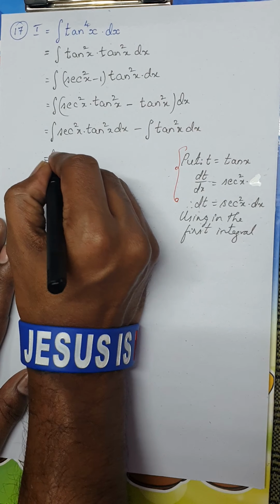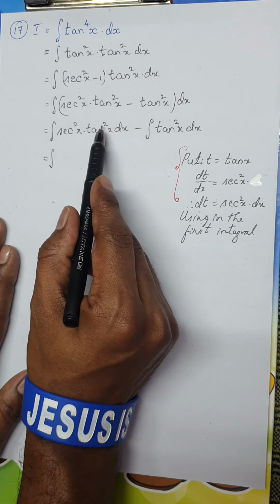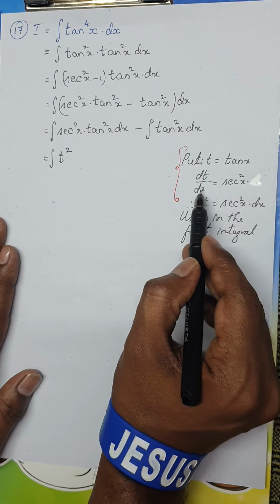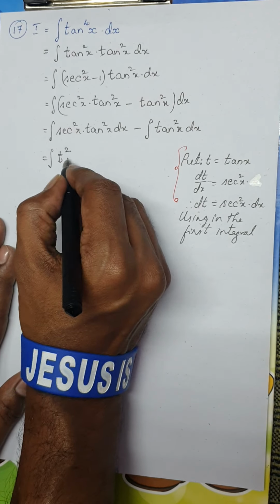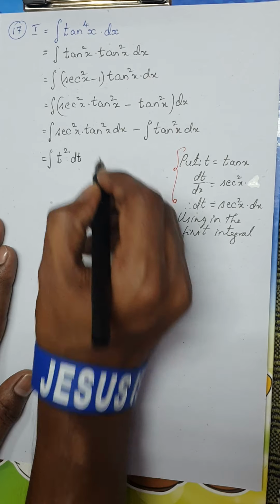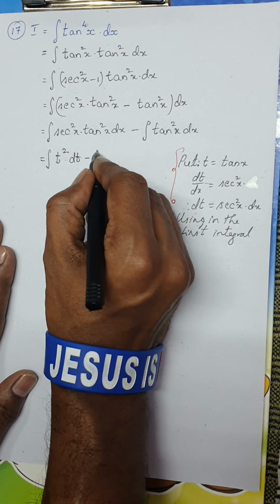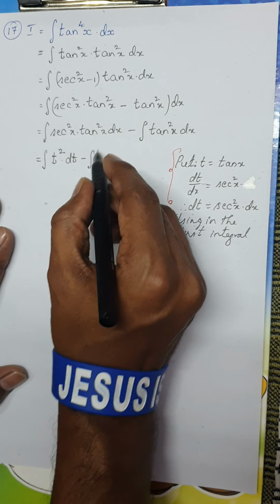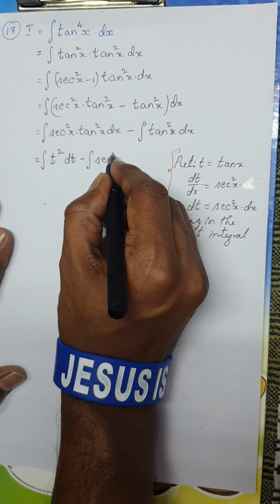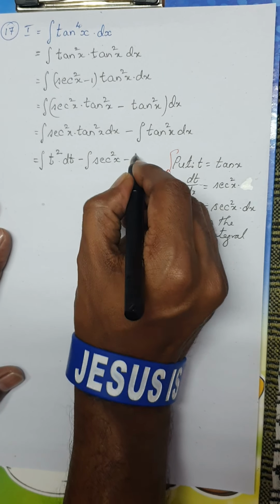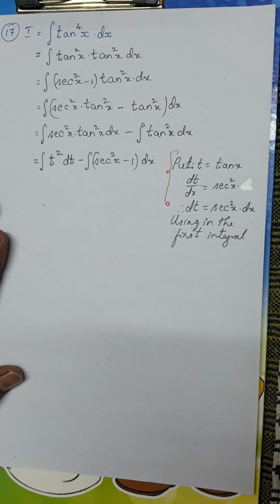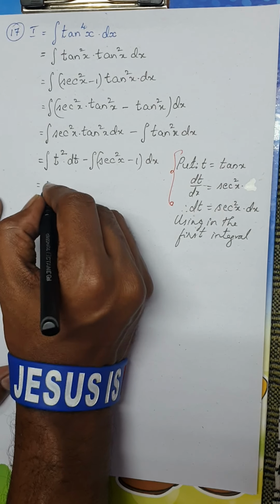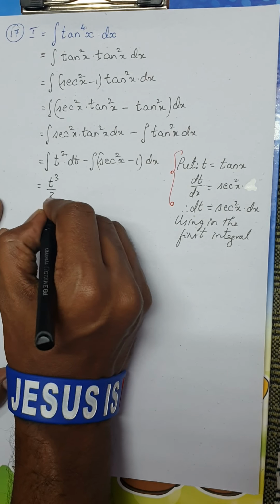So this is integral of, remember, for tan x I have substituted t. So tan square would be t square, and secant square x dx, what is secant square x dx? Secant square x into dx, I am considering it as dt. Minus integral of, remember we have already done this question, we don't have a regular standard integral for tan square, so I am going to write this again in terms of secant square x minus 1 dx. Now what is integral of t square with respect to t? It is the standard result t cube by 3.